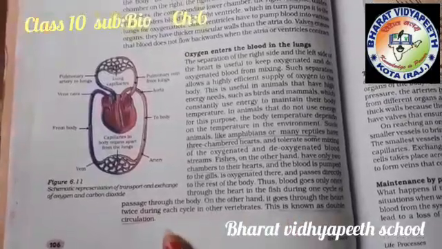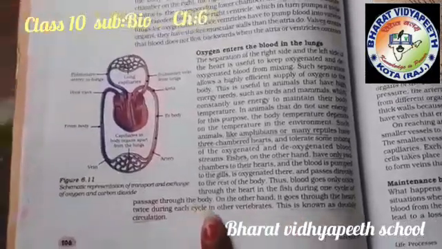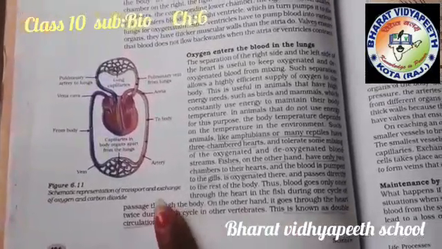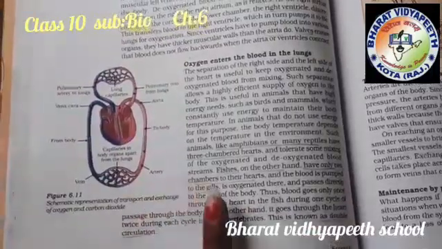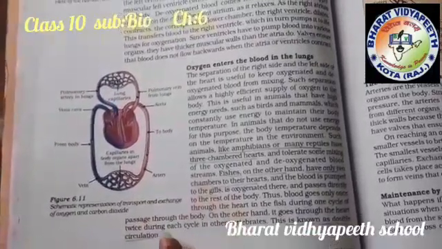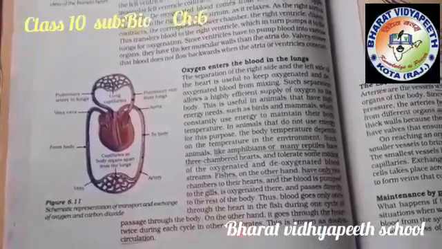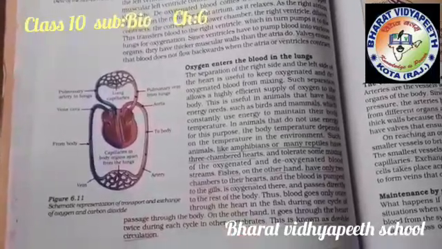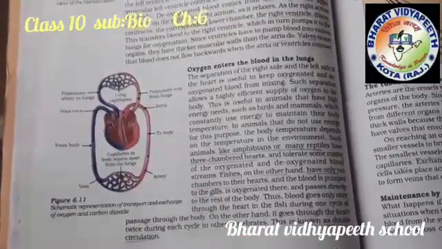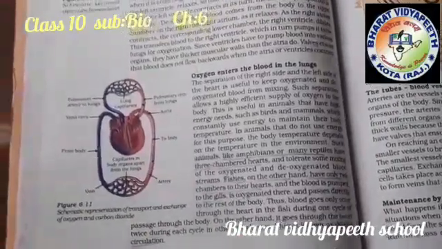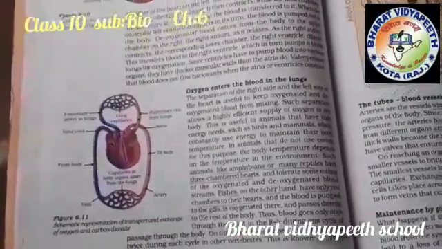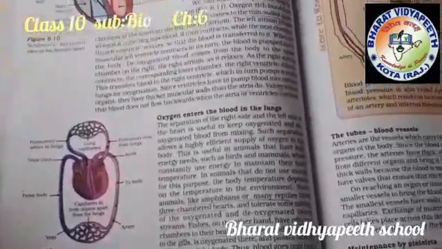This is why it is known as a double circulation system. First it takes deoxygenated blood towards the lungs, then the lungs purify that blood, then it sends the blood again to the heart. So that is why double circulation is there in the human system. After this double circulation, we are going to study our next